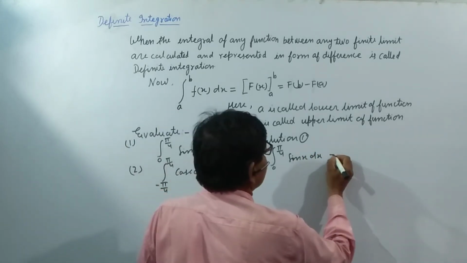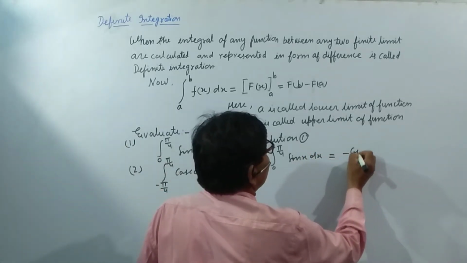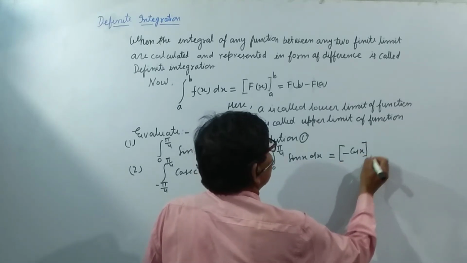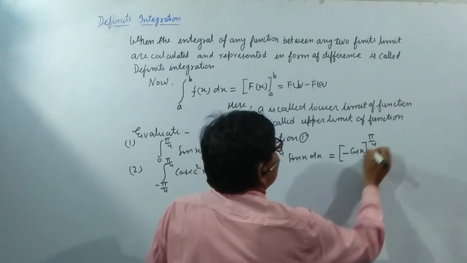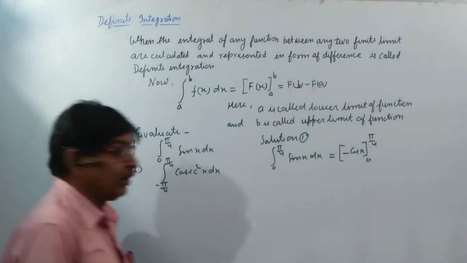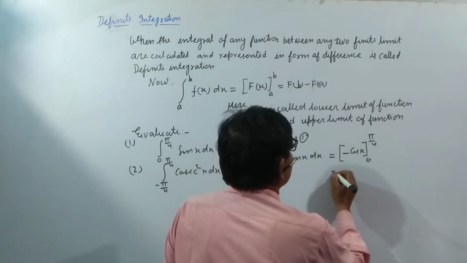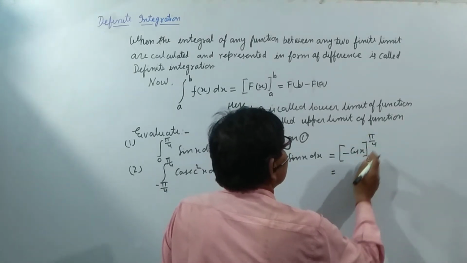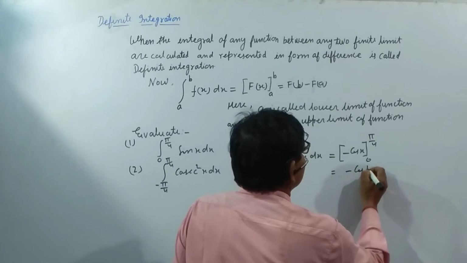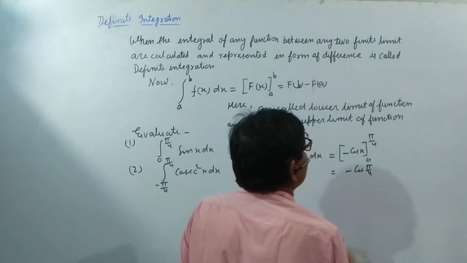Integration of sin x is minus cos x, with limits 0 to pi by 4. Now putting the value, x equal to pi by 4, minus cos pi by 4